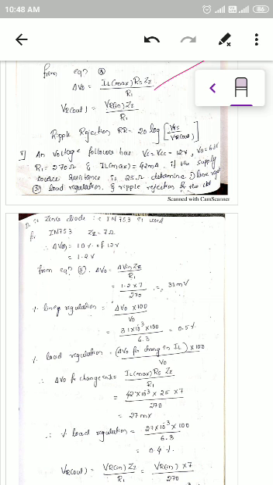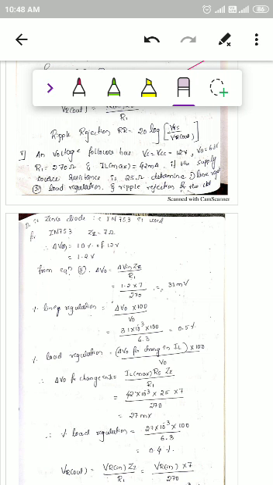The voltage follower regulator has Vs or Vcc equal to 12 volts and V0 equal to 6.3 volts. R1 is equal to 270 ohm, IL max is equal to 42 milliamps. If the supply source resistance is 25 ohms, determine the line regulation, load regulation, and ripple rejection of the circuit.